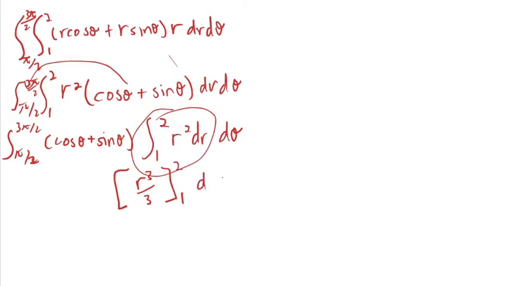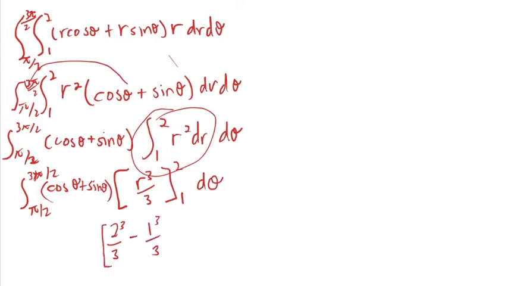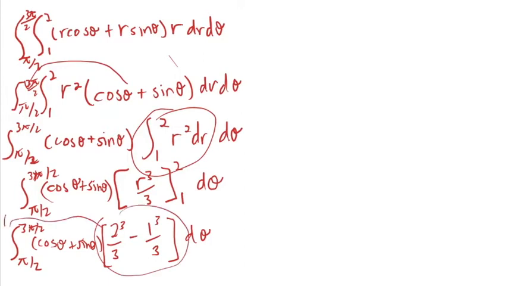Don't forget that our outer bounds are still going to be there. So our d theta, cosine theta plus sine theta, and the integral pi over 2 to 3 pi over 2. So now if we solve this out, it's going to be 2 cubed over 3 minus 1 cubed over 3. And again, everything else is going to stay consistent. That comes out to be 7/3, which is constant, so we can put it in front. So we're going to end up with 7/3